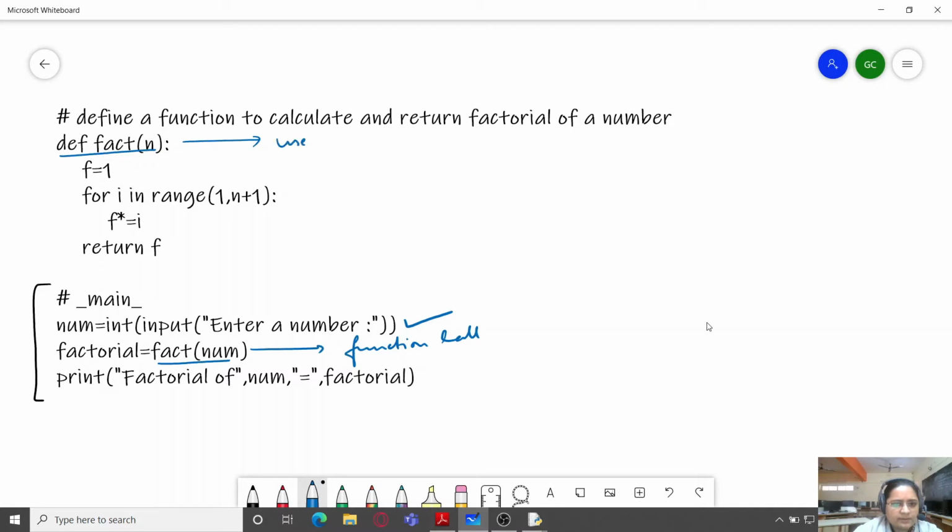It is a user defined function, and it also accepts an argument.